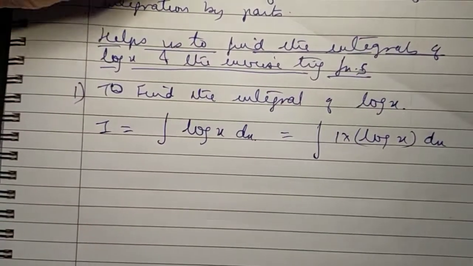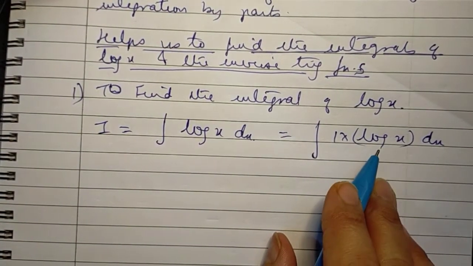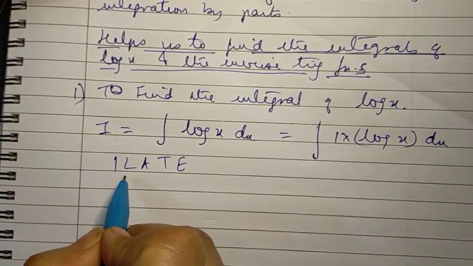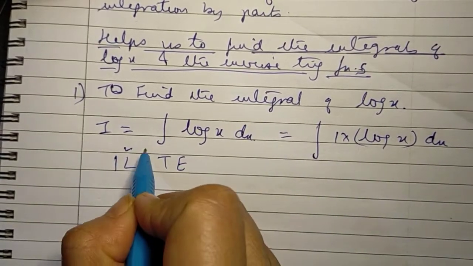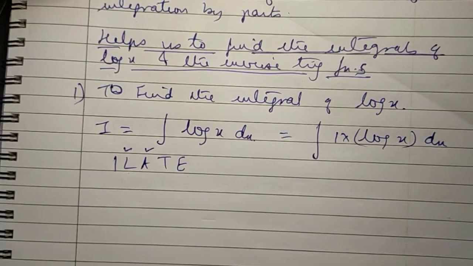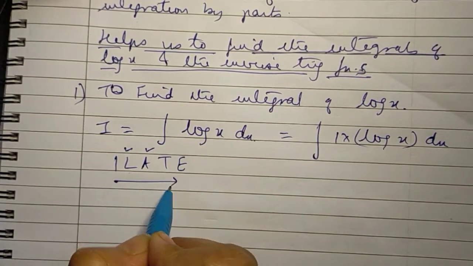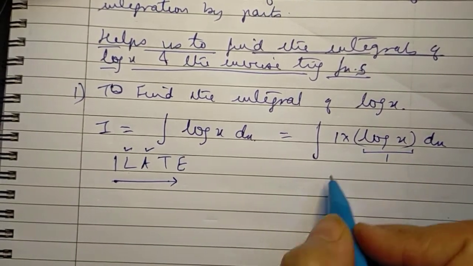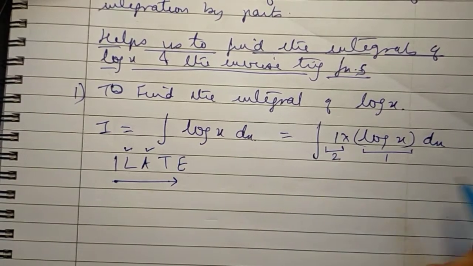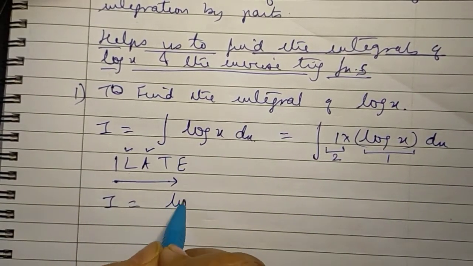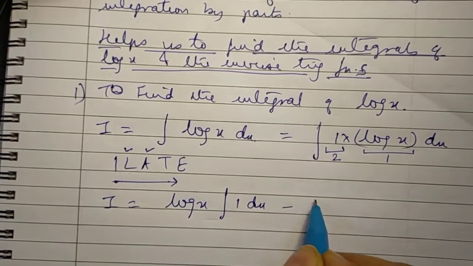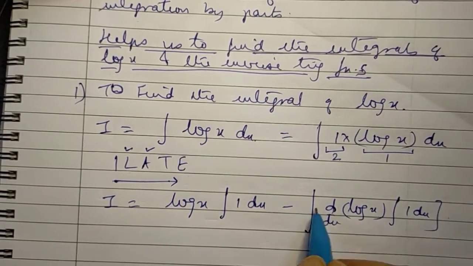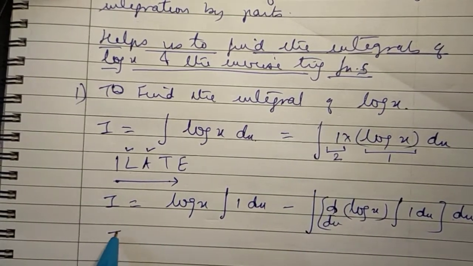So anything which we are given, we can write it as 1 into that. Now if you just follow ILATE, log comes before the algebraic function. 1 is a part of the algebraic function and log is first as we move from left to right. So treating this as the first function and 1 as the second function, what do we get? I comes out to be first function into integral of 1 dx minus integral of derivative of the first function into integral of 1 dx whole dx, and so I comes out to be